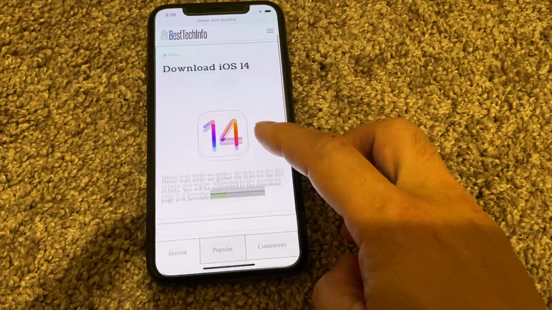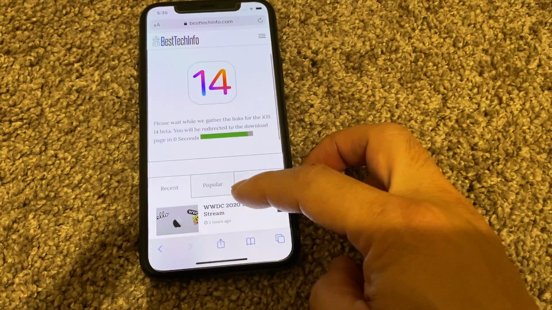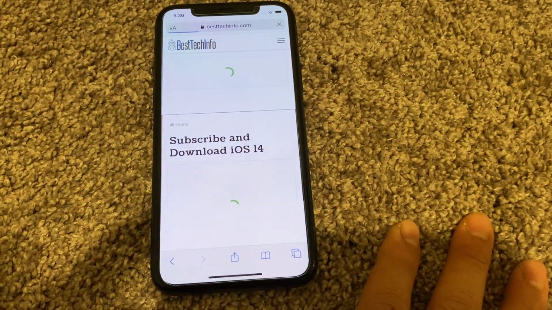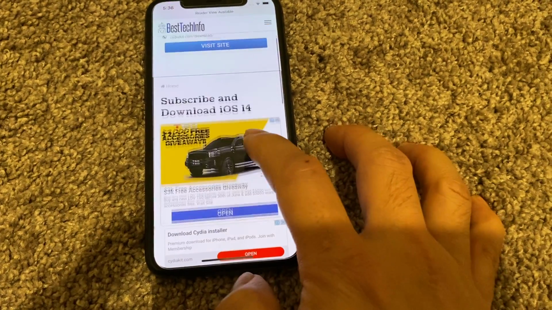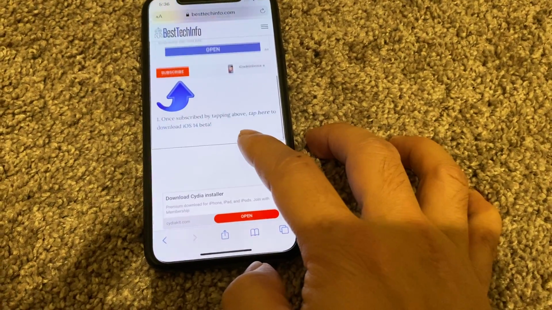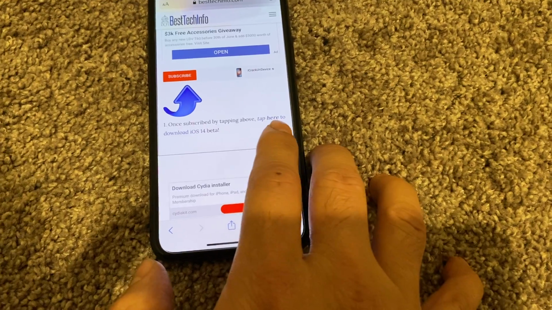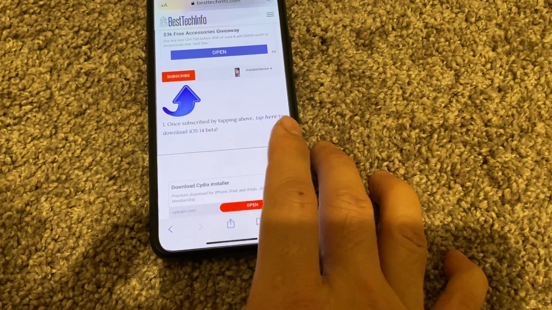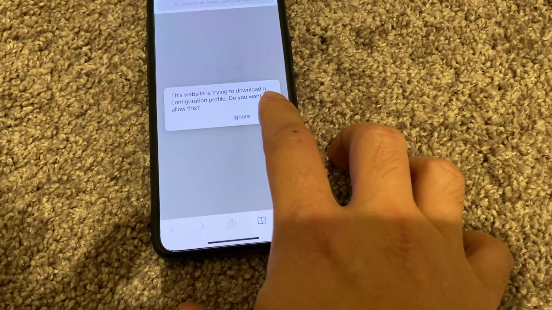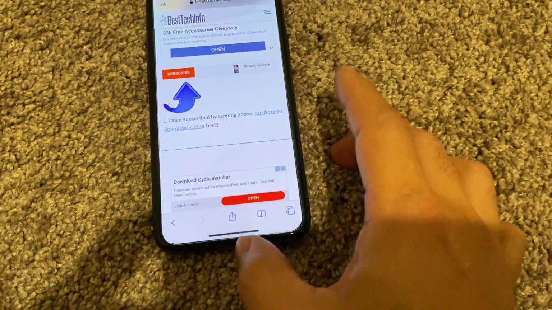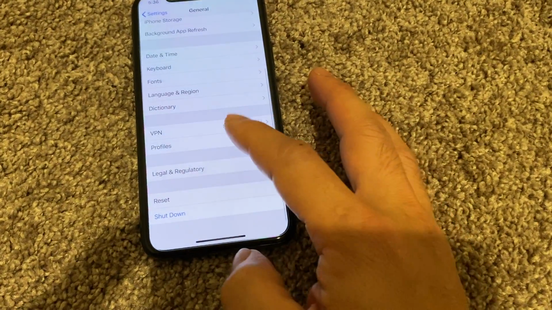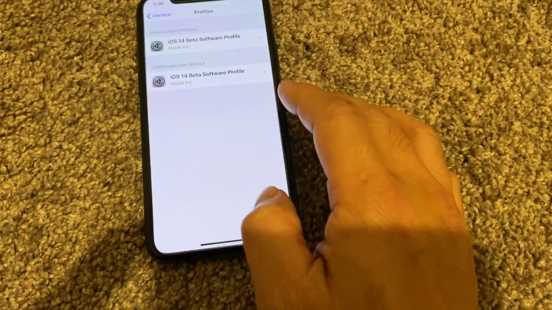and it brings you down to this one, and you keep going down. You're just gonna wait for a couple seconds. You see it's still loading. Yeah, and then you go down and you try to look for this one here. Tap here to download the iOS 14 beta. You just tap on that and you pop that up, and you put allow, close it, and you get out of there, and then you can come to profile and you tap on that install, because